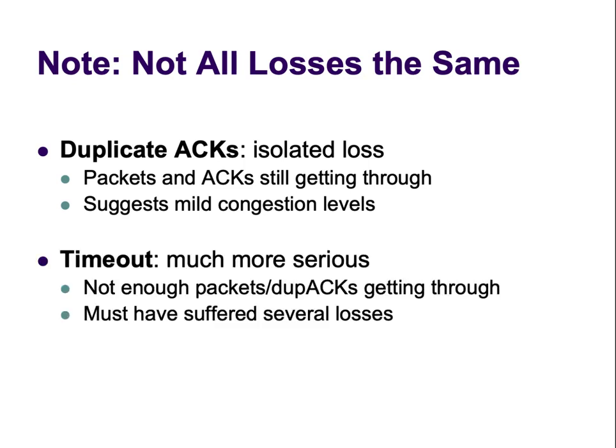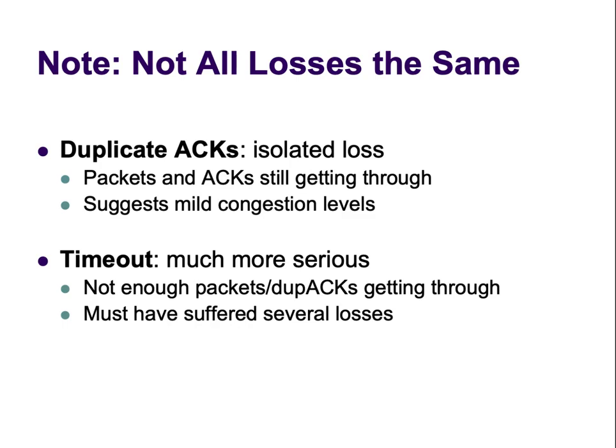Okay? The other way we detected loss was through timeouts. Right? And so timeouts are a pretty good indication of severe congestion because you sent a whole bunch of packets and you got no duplicate acknowledgements. So your packets didn't make it through. Either your packets didn't make it through or your acknowledgements are not making it through. But whatever the case, you're getting a fair amount of loss. And so this must be pretty severe congestion. And so when we get into TCP, for now I just want you to file this away, that not all losses are the same.